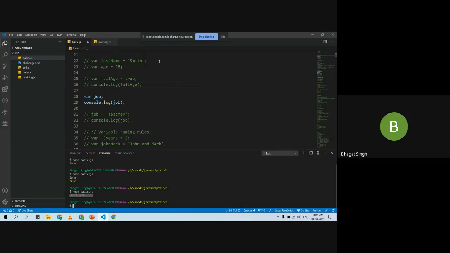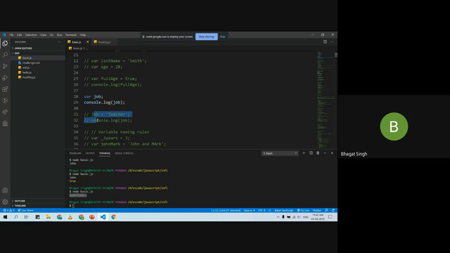Why exactly is it undefined? It can happen while you are programming, you declare multiple variables at a time. Maybe your programming logic was different at the time. You were thinking of a different method but afterwards, as you were solving the problem, your methodology changed, and you didn't use this job variable anywhere. So undefined tells that there's a variable named job. I can see it in my data, but it is not having any value. So if it is not having any value, it will give you undefined. It means that value is not defined. And here also the value has not been defined. So that's why we are getting